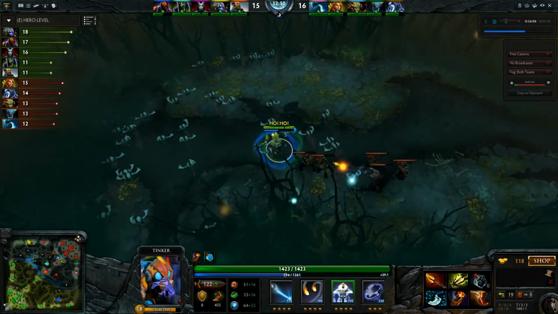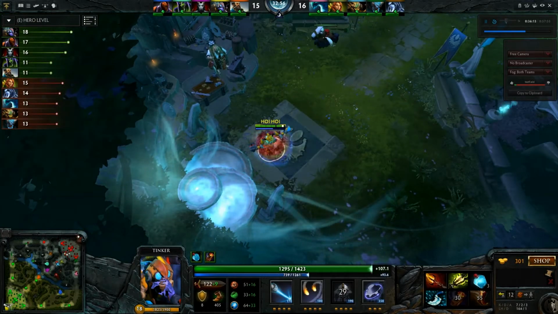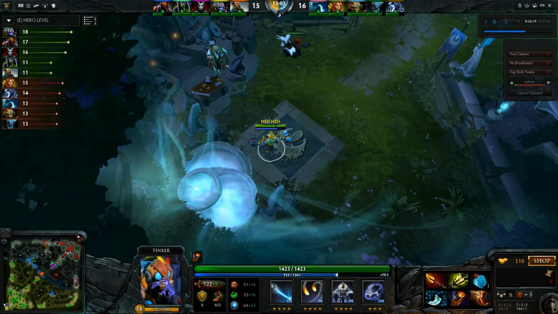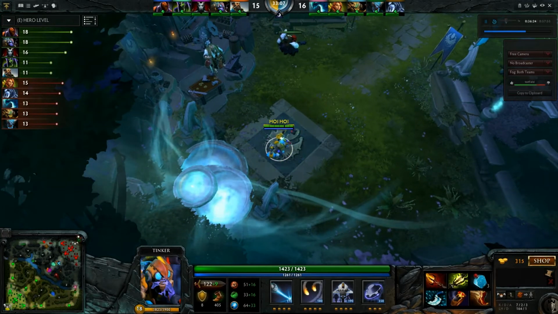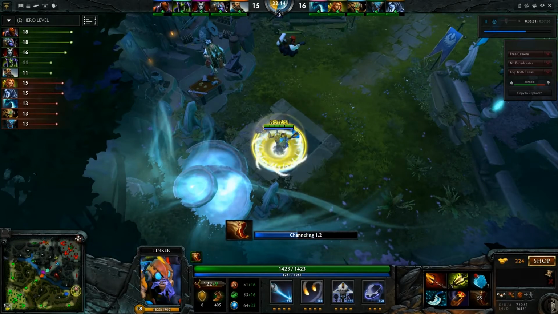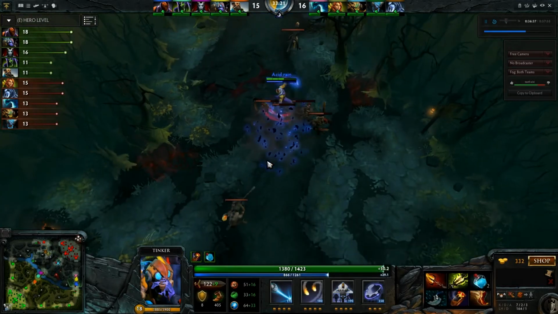Preemptively does a March of the Machines. TP's back home. Rearms. At this point he has unlimited mana. 350, he has 1261 mana. And he can always just blink back home or Boots of Travel. Free TP scroll back home. Oh, look at that. See, he could...